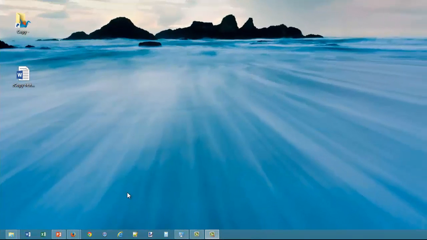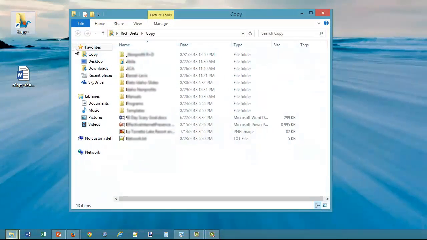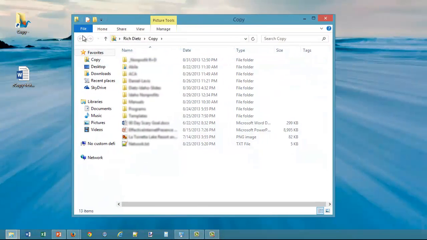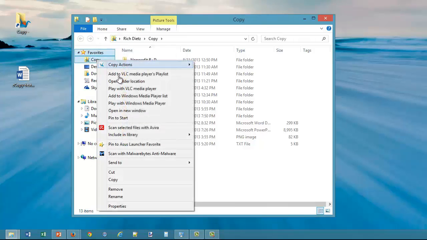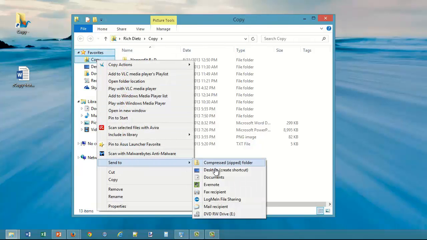Alrighty, now we have installed the application on our computer. So we have the account set up, we have the online version, we have the application now installed on our computer. We'll now get a Copy folder on our computer. Now I've put a shortcut on my desktop, but if we want to double click on that, it's going to open up my computer section. As you can see, I have a Copy folder here now under my favorites. Now to get that as a desktop shortcut, I just right clicked and did send to desktop, and then I had a shortcut on my desktop, and I prefer that because it makes it very easy for me to go and grab my Copy files.